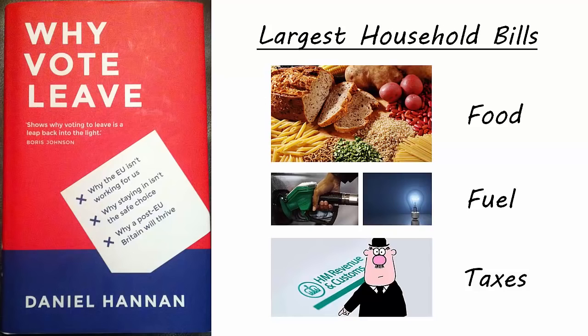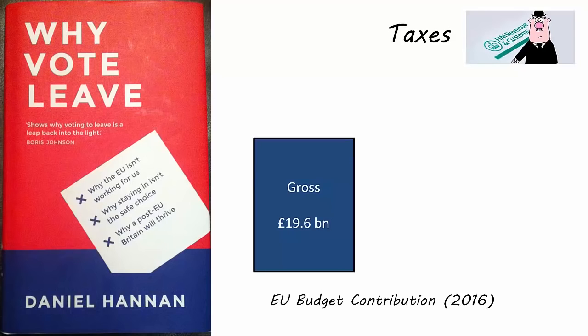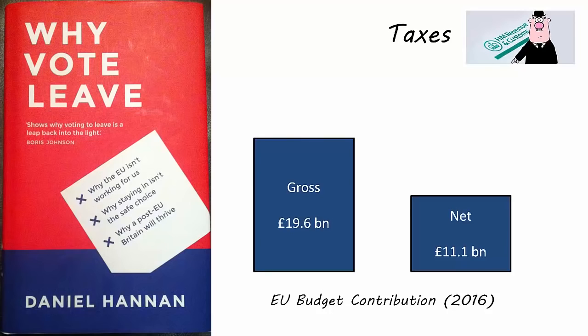What would be the impact of leaving the EU on these 3 chief components of the average family budget? All, surely, would be lower after withdrawal. Taxation is the easiest to quantify. According to the Office for Budgetary Responsibility, OBR, Britain's contribution to the EU in 2016 will be £19.6 billion gross, or £11.1 billion net. Since we are measuring the impact on taxation, it is the gross figure that is relevant